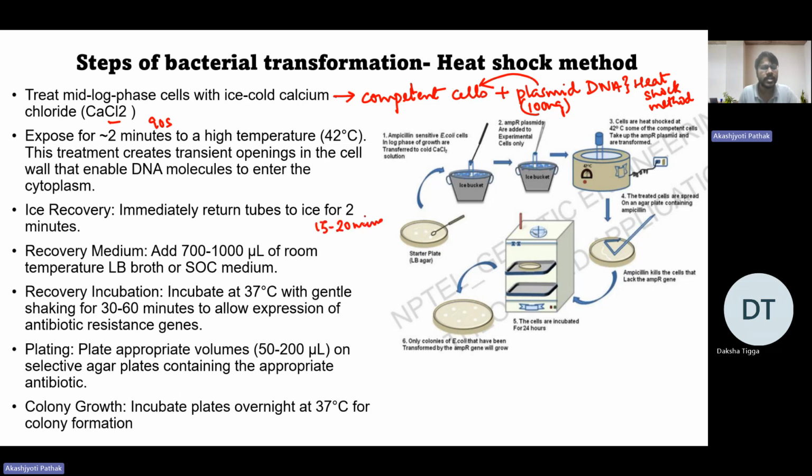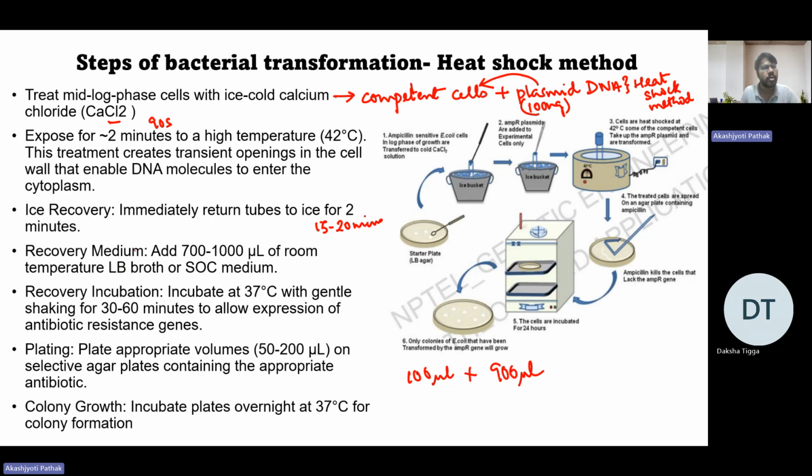And then after this step, what is done? LB media is added. If you have taken 100 microliter of competent cells, there was a video in the lectures also, showing how this is done. It was demonstrated to you how this heat shock method is done in the laboratory. So you will add 900 microliter of LB media. This is called the recovery media, and then you will incubate it at 37